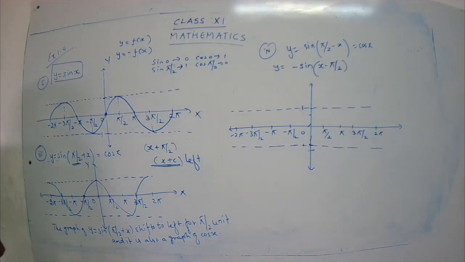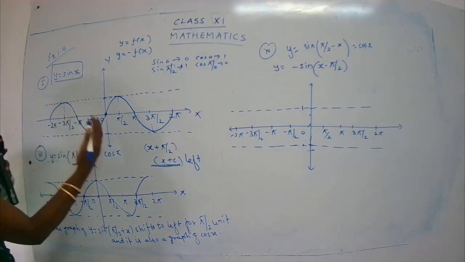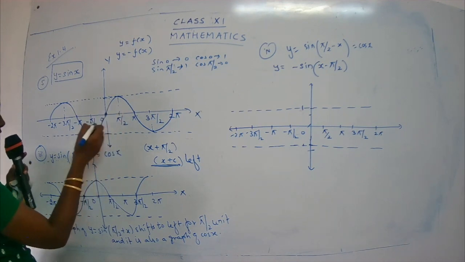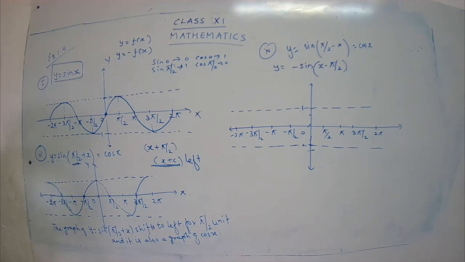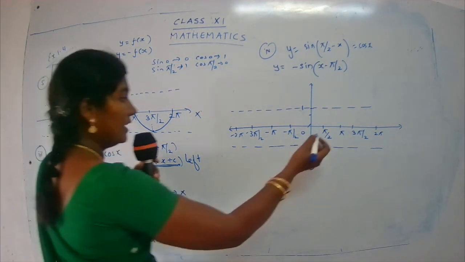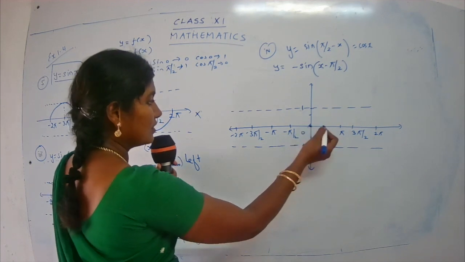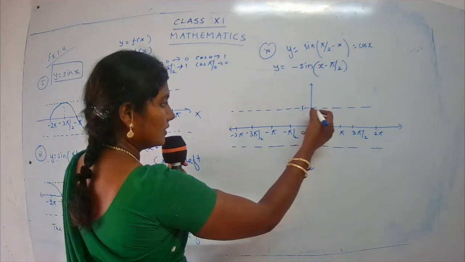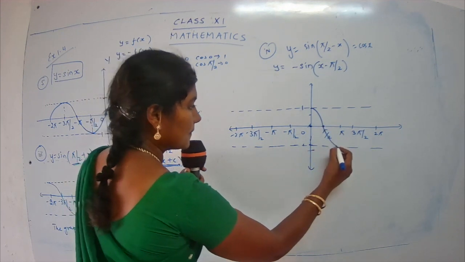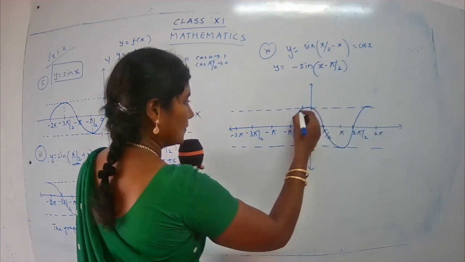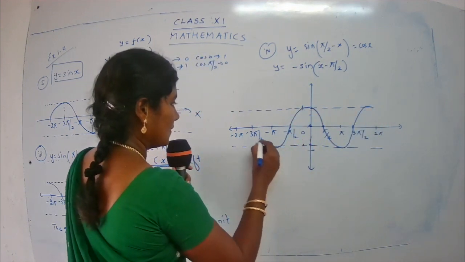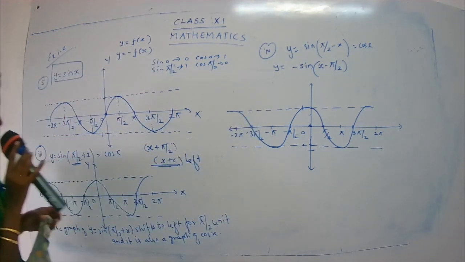So this is the original sin x, and now how is the shift going to be? The shift is going to be pi by 2. So from where we started from minus pi by 2, now we are going to start from pi by 2. Yes, you are going to start from pi by 2. So let's do it. So the shift is going to be at pi by 2. It was first sine, so now here it will start from this. So from here, like this. Okay, it goes like this.